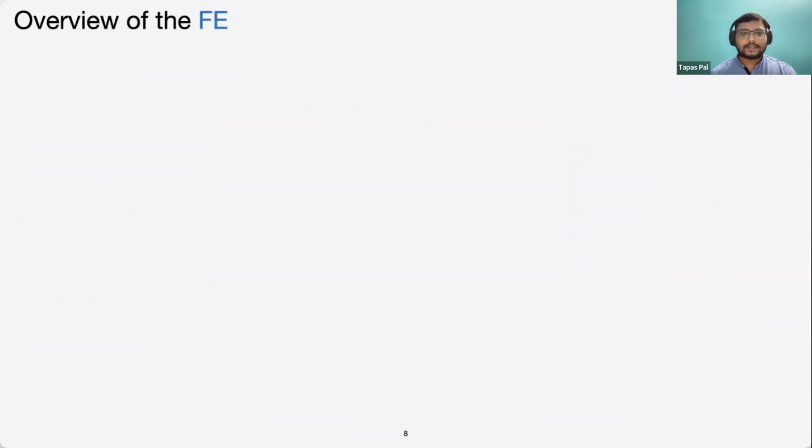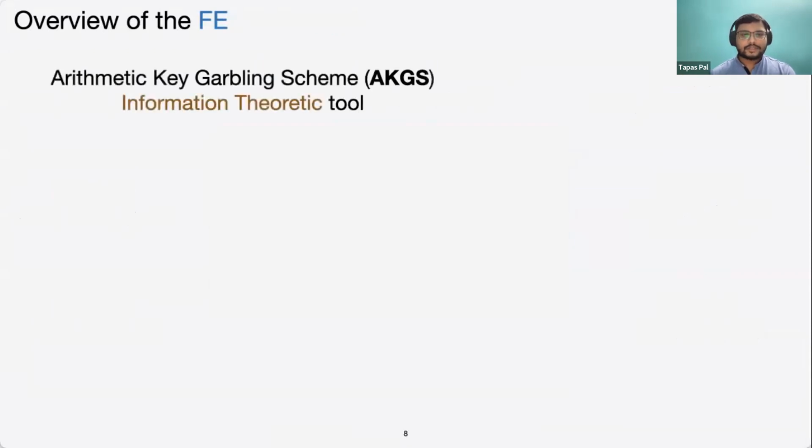So I will now discuss a very high-level overview of our FE scheme. We consider two cryptographic tools. The first one is the arithmetic key garbling scheme, in short AKGS, which is an information-theoretic tool, and it is a particular type of randomized encoding. And the second one is function-hiding inner product functional encryption, which is a computational tool, and in short I will call it IPFE. So firstly, using AKGS and IPFE, we construct a one-key, one-ciphertext secure, one-slot FE scheme